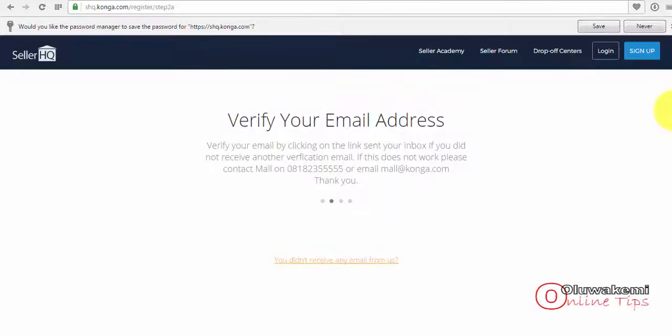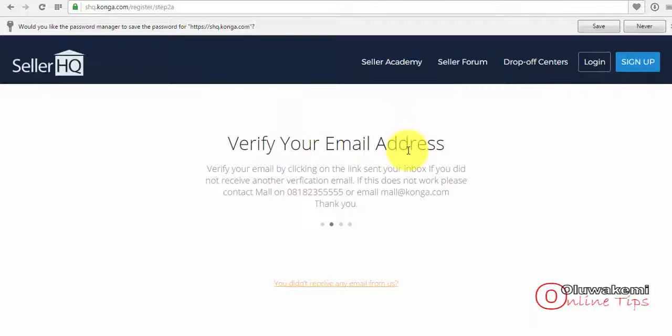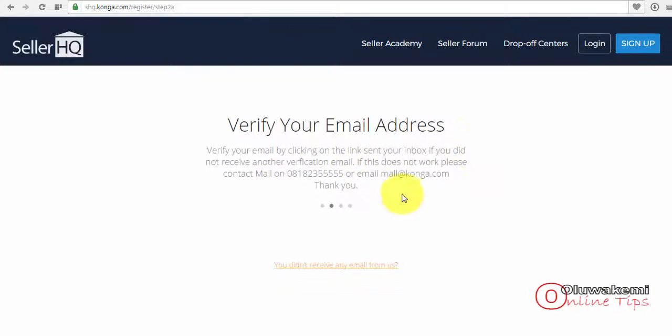So now you need to verify your email address. Verify your email by clicking on the link sent to your inbox. If you did not receive any verification email, or if this does not work, please contact the mall. This is the number. Okay, so I will